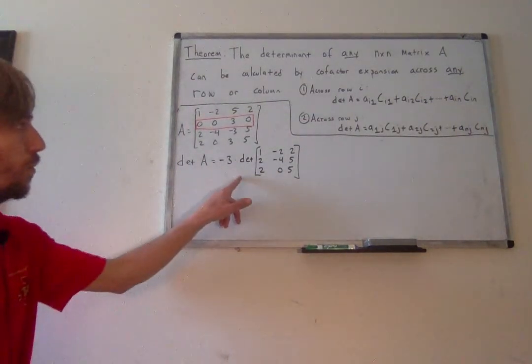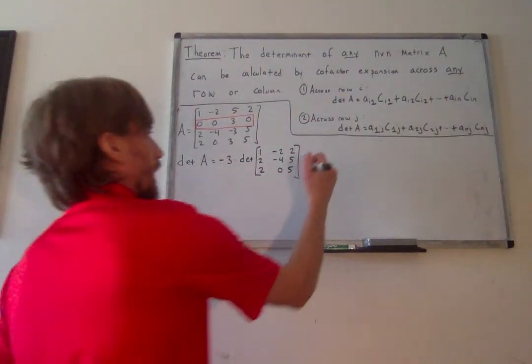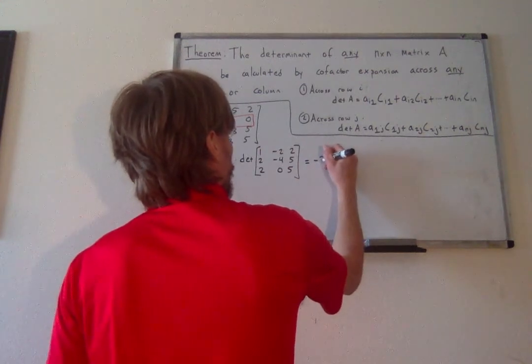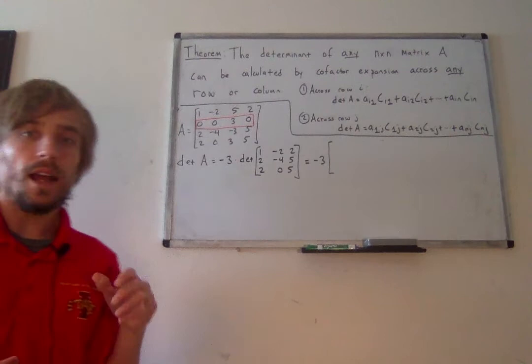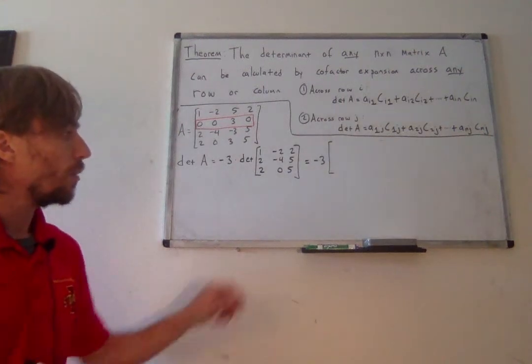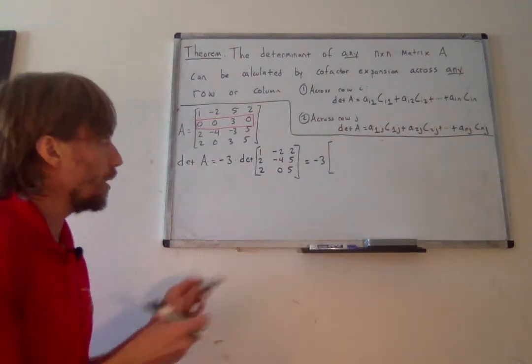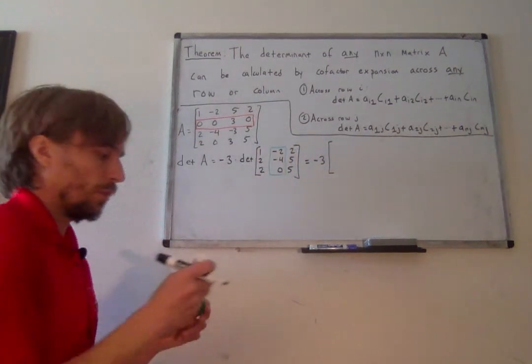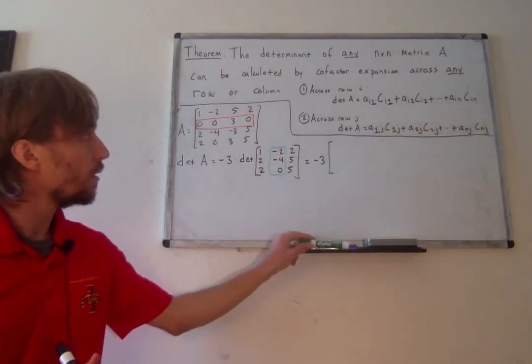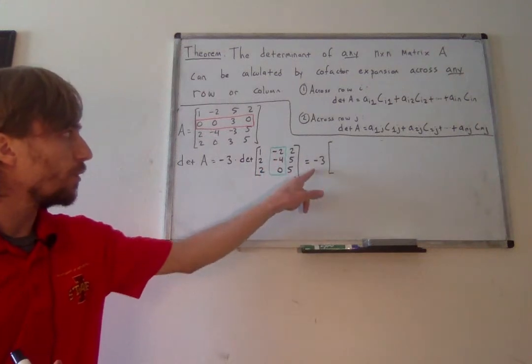And so what I'm going to do now is calculate the determinant of this 3x3 matrix. But notice, again, I can expand across any row or column I want. So this time, I'm going to expand across column 2 because there's a 0. So this is equal to -3